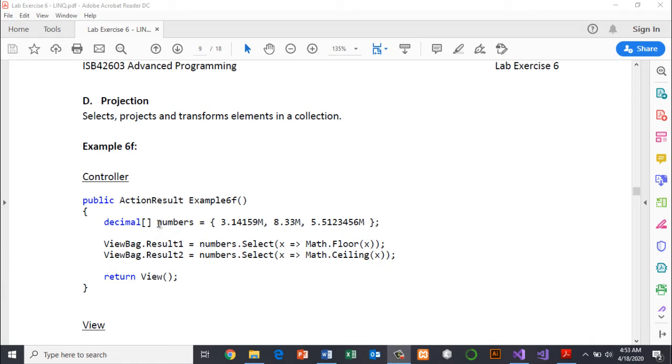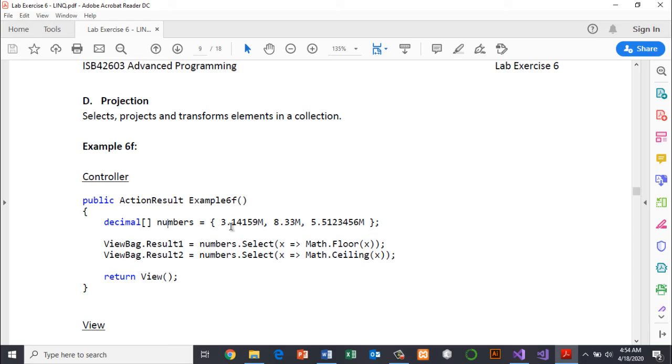we have an array of decimal type. So this is decimal type. Now what's the difference between a decimal and a double? Decimal can store numbers with a very high precision compared to a double. So normally decimal is used in the banking and financial sector.